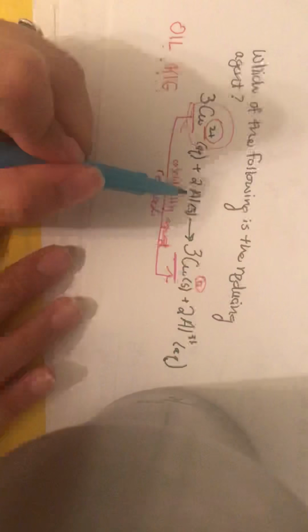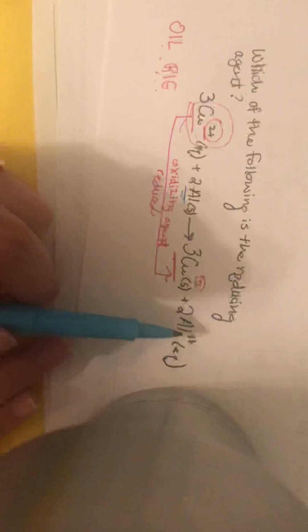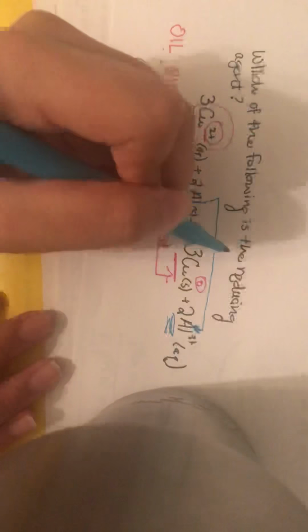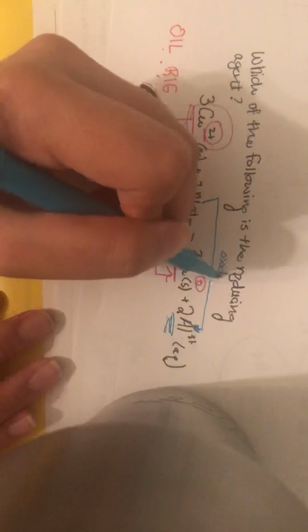Therefore, it's also the oxidizing agent because it's causing the Al to be oxidized. So that just gives us our answer for Al, but we can just do it anyway. Al is going to be oxidized, we know that now. But looking at it, there's a charge of 0 and then there's a charge of 3 plus, so that's pretty obvious. So it's oxidized. So that also means that it is,